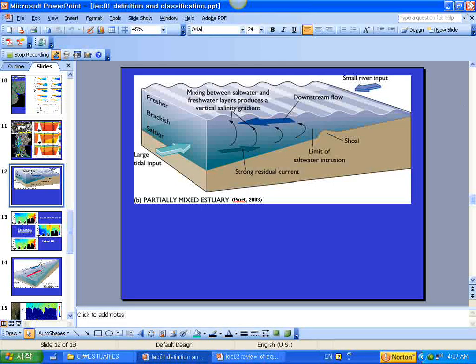Any questions up to here? We're going to continue a little bit to set the framework under which we're going to study estuaries quantitatively. So up to now, we've seen what an estuary is and qualitatively what they look like and how we can classify them. So now we're going to establish a framework under which we're going to study the estuaries quantitatively. And for that, first we will do a review of the hydrodynamics